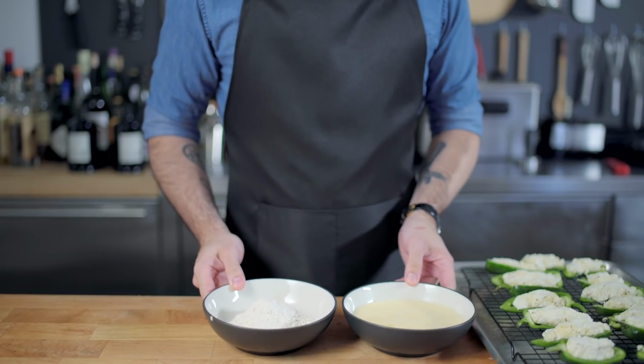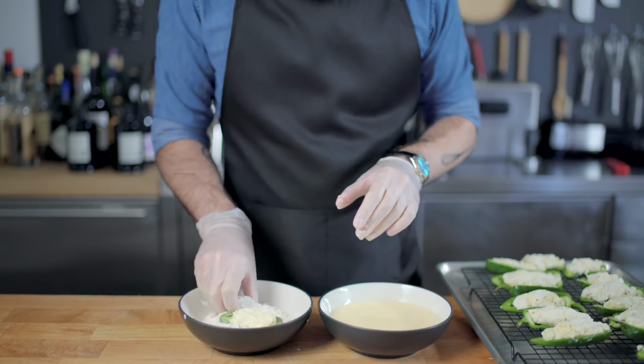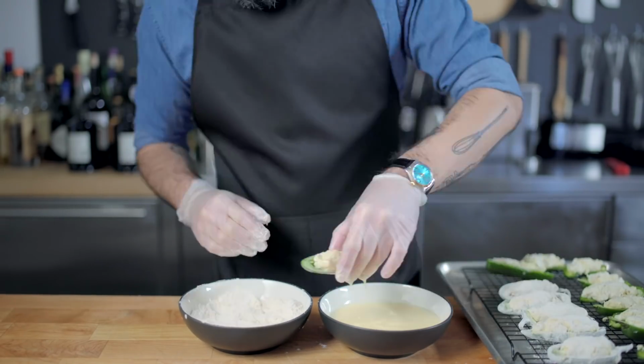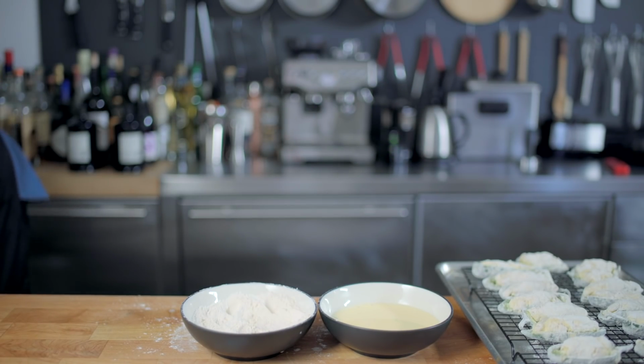We're going to start by simply coating the jalapenos first in the egg and milk mixture, followed by flour. We're then going to let them dry at room temperature for 10 minutes. This is in an effort to create a nice, sticky, porous surface to which our breading can more easily adhere. So once you've got everybody coated up, let it rest for 10 minutes at room temperature,